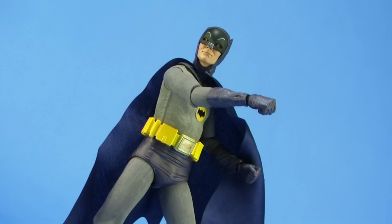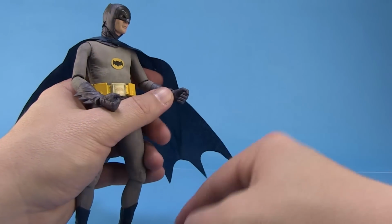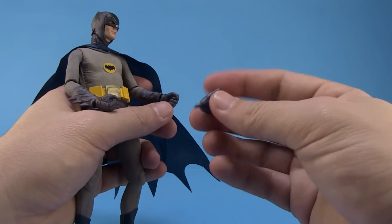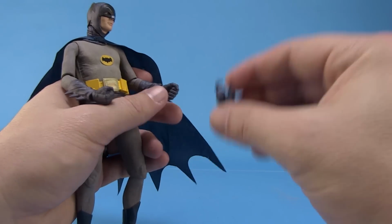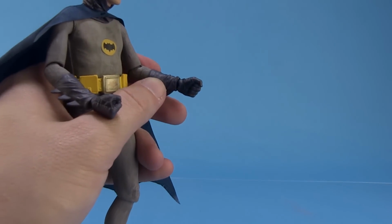Alright, so Batman here comes with a slew of accessories. First of all, he does come with some interchangeable hands, just has an extra set. He comes out of the box with the fists. So you also have an open left hand and a right hand that is molded to hold on to his Batarang accessory. So before we get to those accessories, let me show you real quick how to swap out the